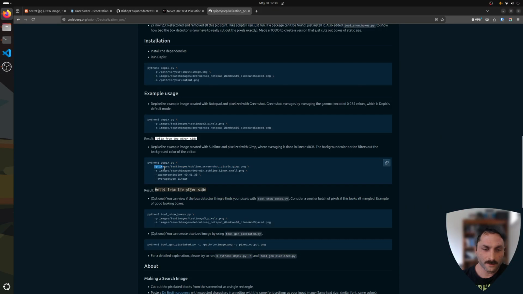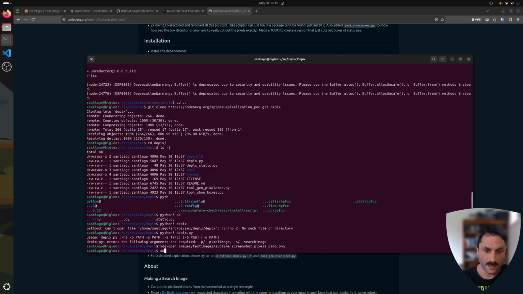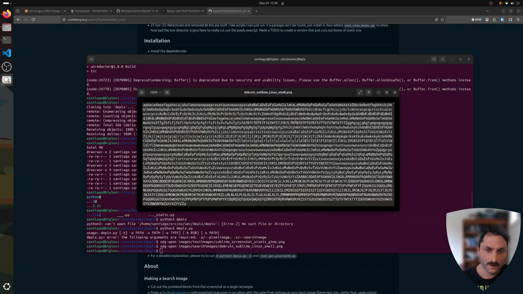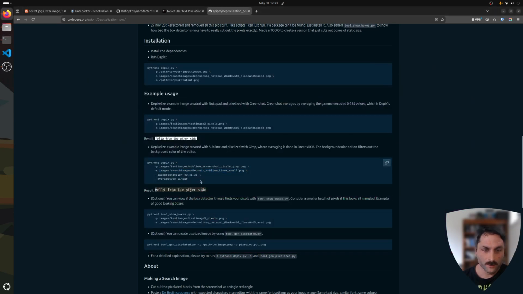But yeah, let's run this command. Essentially, you need to give it a path to where the pixelated image is, and then the search characters. It's a matrix of characters that is used for the unpixelation process. And here's that matrix with characters. So if I run this command entirely,